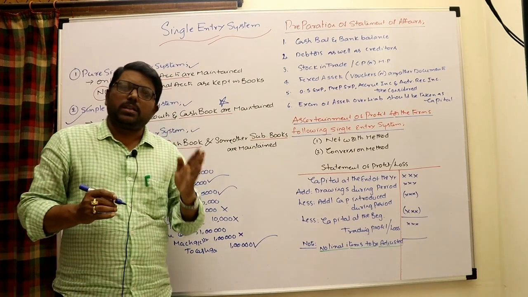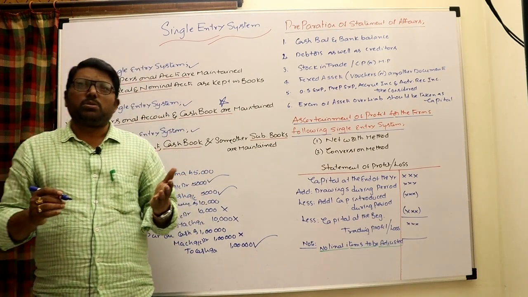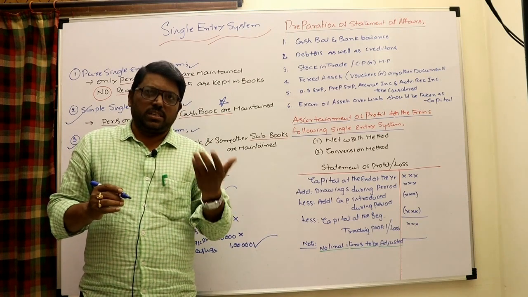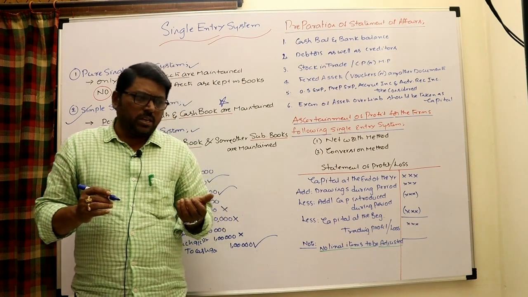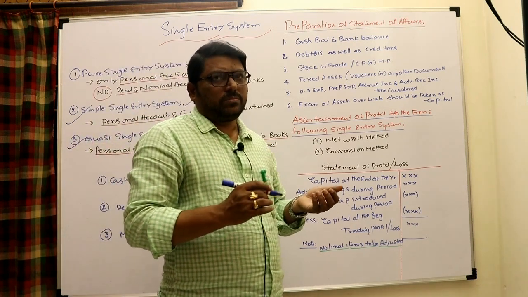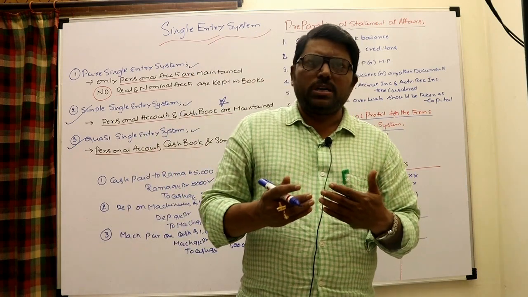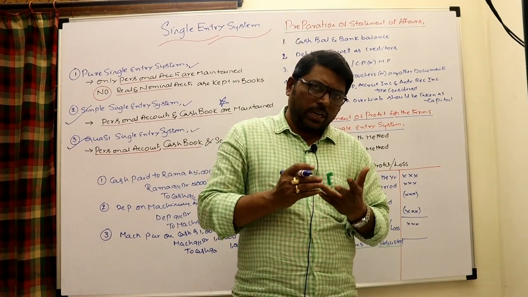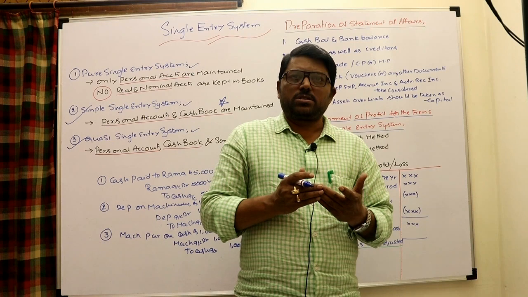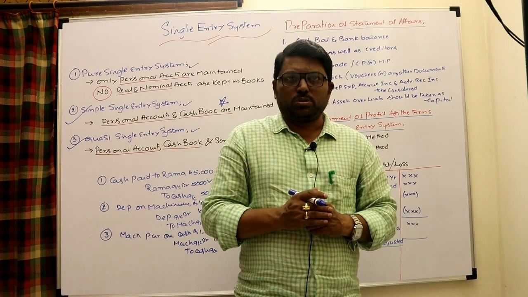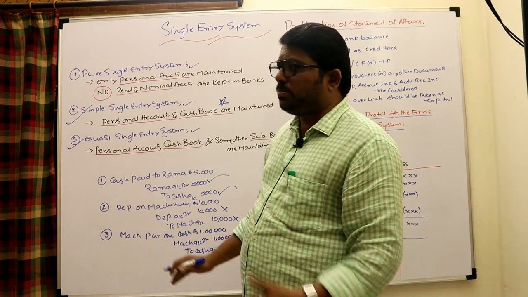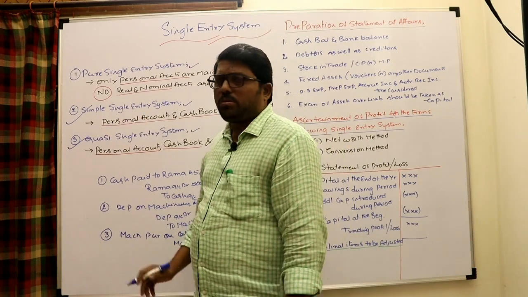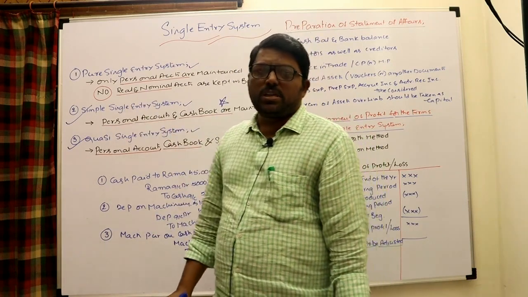In this one, they maintain the personal accounts and the cash book, and of course they maintain some additional subsidiary books or registers also. For example, they require a purchase register, so they maintain the purchase register. If they want more details about the sales, they may maintain a sales register. So along with personal accounts and cash book, they can maintain some registers also. But anyhow, not a complete set of books. Okay. So this is the way you may discuss the pure single entry system, simple single entry system, and quasi single entry system. But right now we consider, in most of the cases, the simple single entry system.